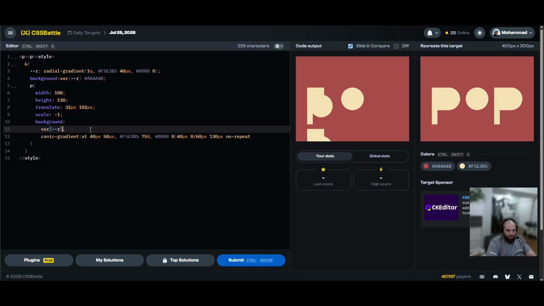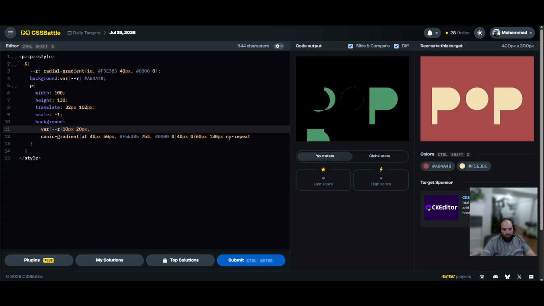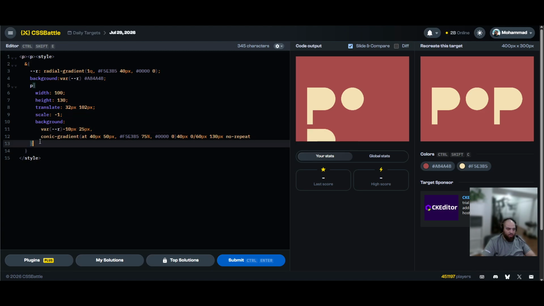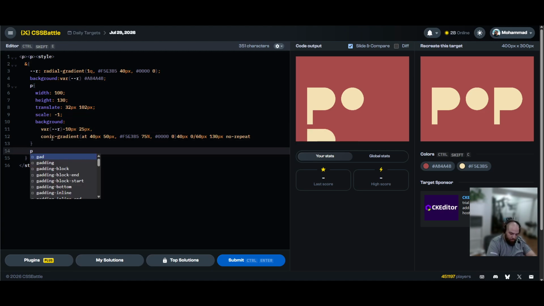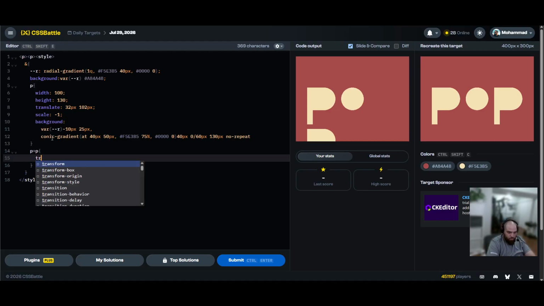So instead of 0 0, it might be like 10px, minus 20px. Oh, well, rather 20. I keep forgetting it's upside down. So 10px, minus 10. Okay, 20, 30, 25. Gotcha. And now this one can be p plus p, and then here we'll just go